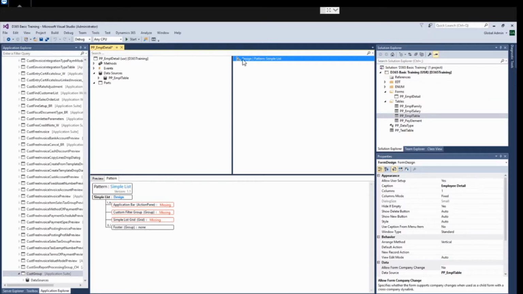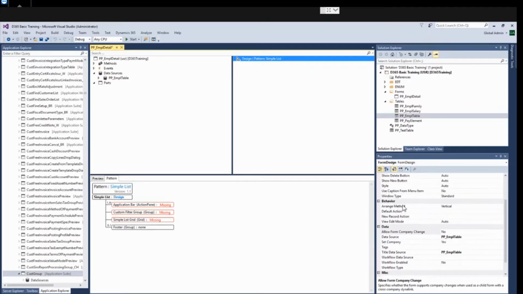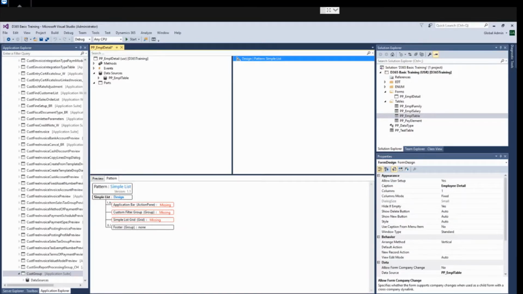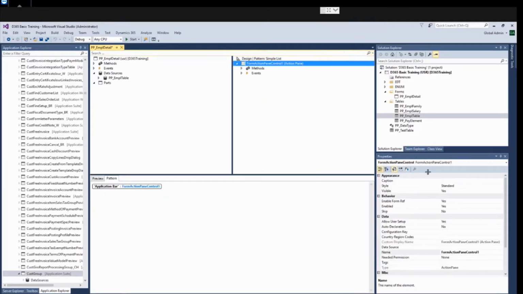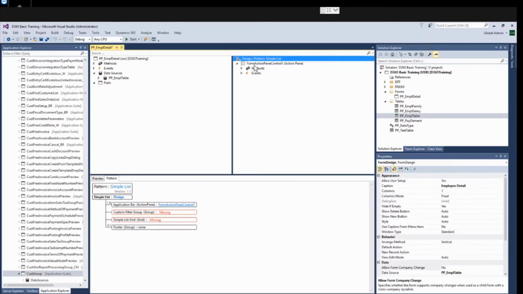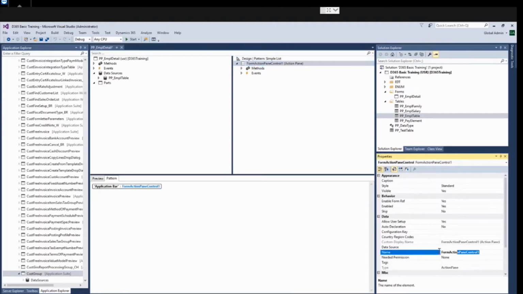First I can set the property also in design. You can see we already set the properties for design. So I will follow this guide. I have to add one action pane. Let me apply add action pane. We don't need to specify the data source property here as this will default from the design node. In the design node we already specified the data source. Now again I will name it as action pane.